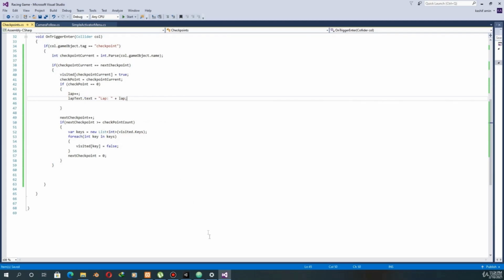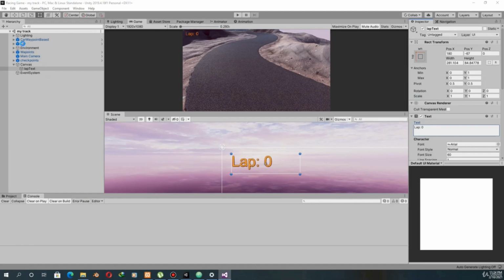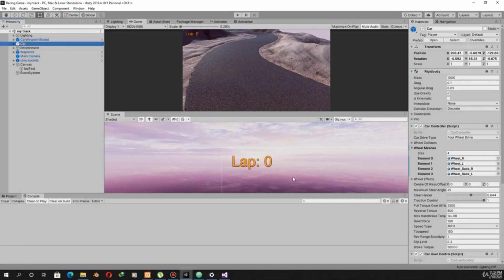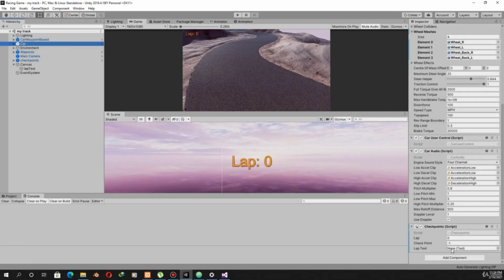Now let's see if it works. First, select your car and you need to drag this text element inside the inspector here. First, I will hide these lab and checkpoint because we don't need to show them inside this inspector.